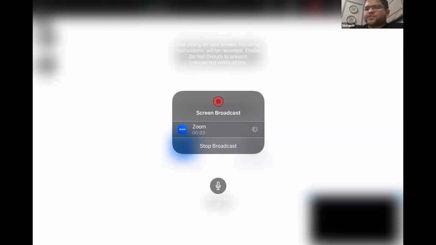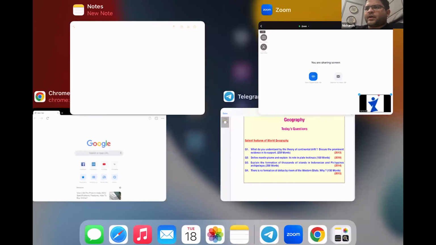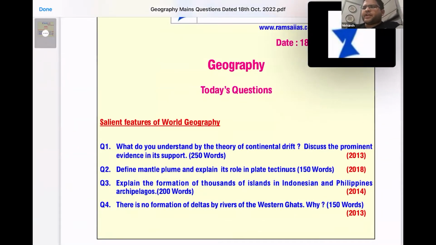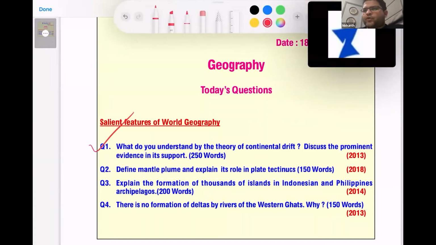So, see the first question of the day and take a couple of minutes. What do you understand by continental drift? Discuss the prominent evidence in its support. So, there are two parts of the question. The first part is asking you about the thesis of continental drift. And the second part is asking you what are the evidences we know to support this particular